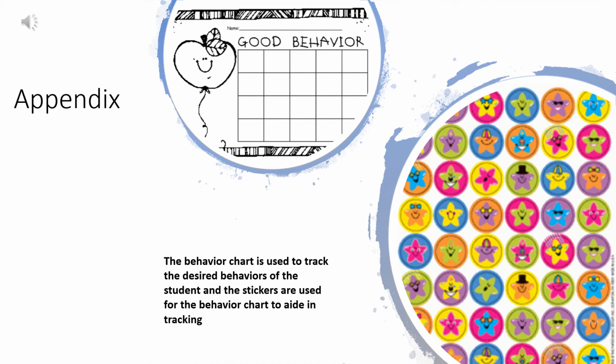So every day the students are given this new chart to fill with their stickers. So if they show the desired behavior, they get a sticker, which is shown by the little stars on the bottom. Okay, they get a star to put in their chart. Each behavior chart is